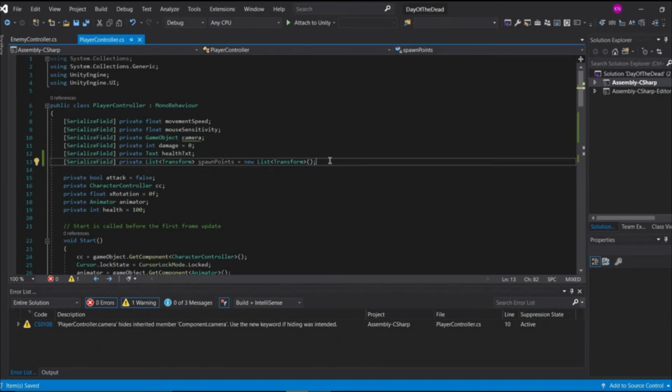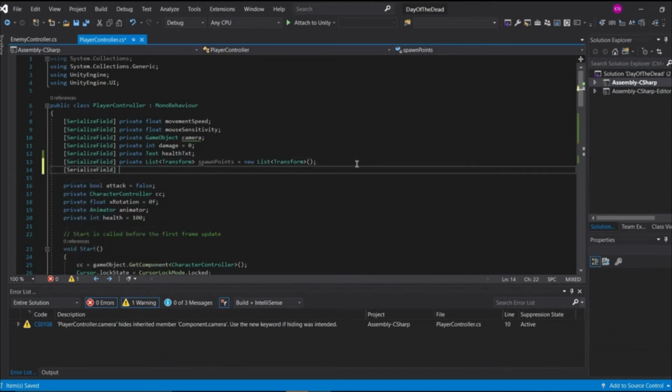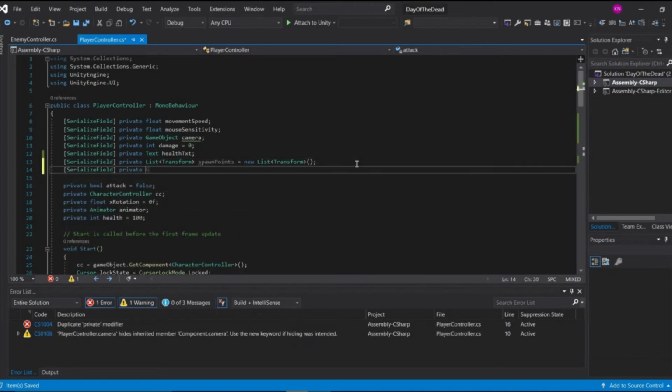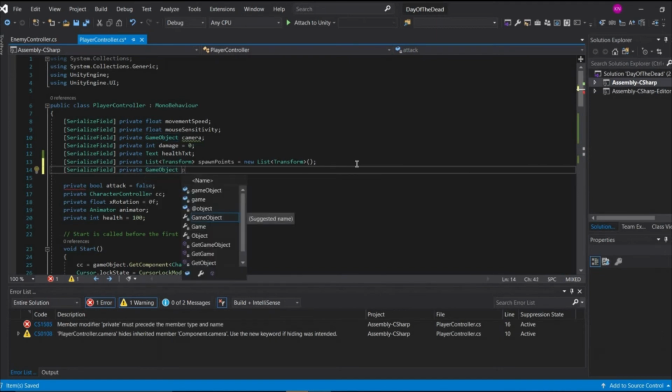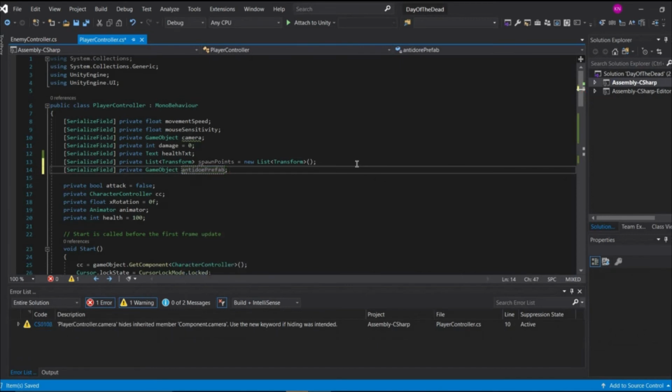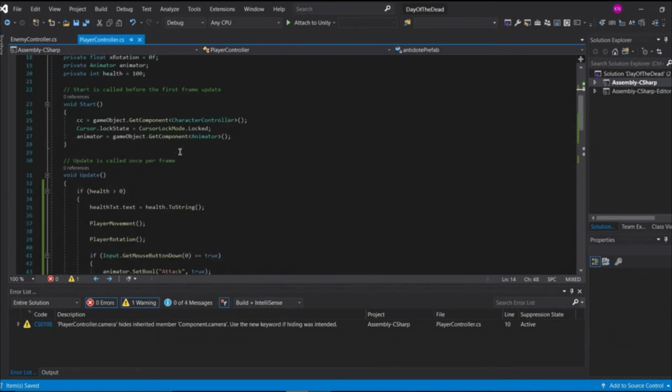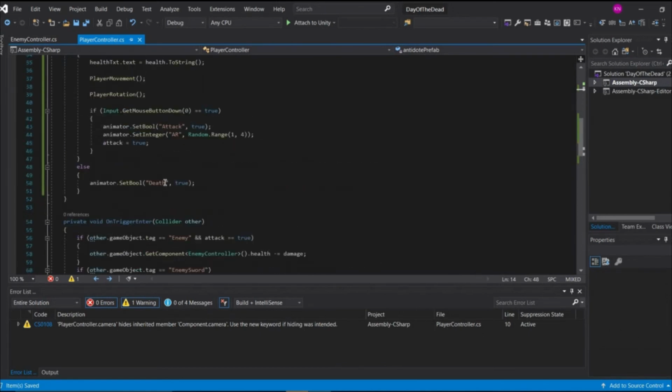So now we are done creating this. Now we need a prefab which we are going to spawn right away. So yep, you guessed it right, we need a type of GameObject, and here we are going to get it as a prefab. Okay, not prefab, antidote prefab. Okay, cool. So now here we are going to get the animation name as